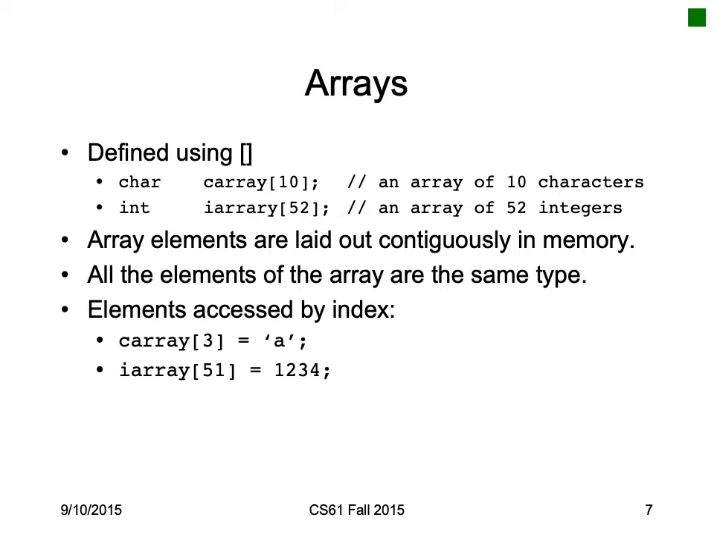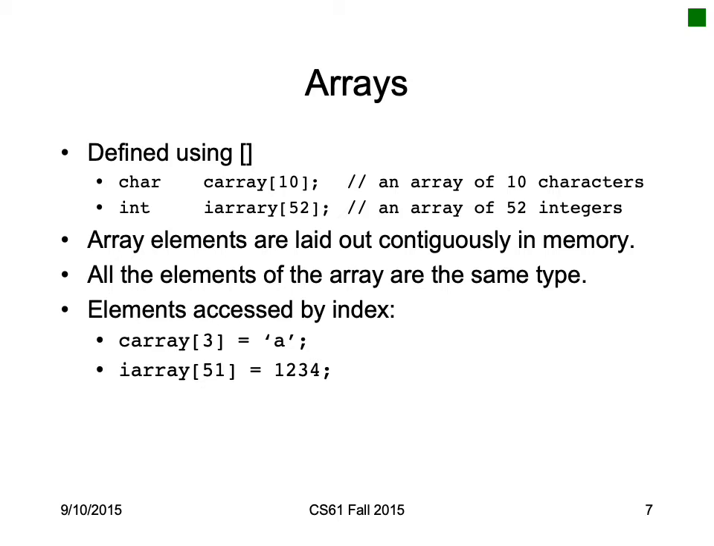I'm guessing that most of you who've programmed in C have used arrays before. So we define arrays by using the square brackets and specifying a size. So in the example here, we have a character array of 10 bytes, 10 characters. We have an integer array of 52 integers. On our machine, an integer is how many bytes? That's right, it's 4 bytes. So this is declaring an object whose size is actually 208 bytes long,